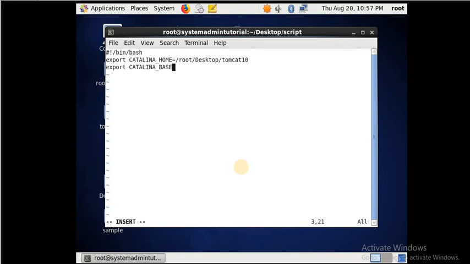Underscore base, then the value of Catalina home.